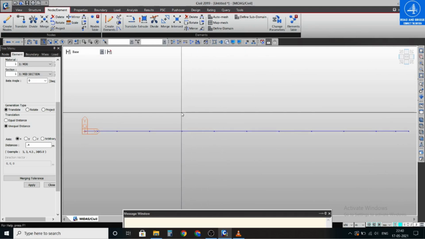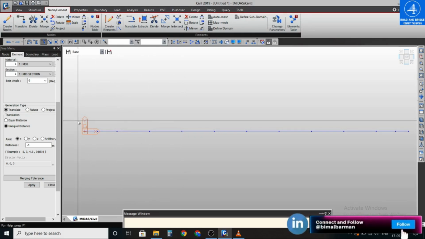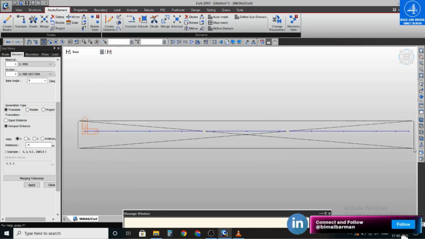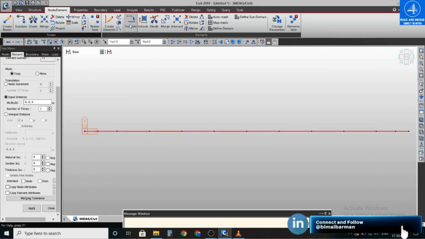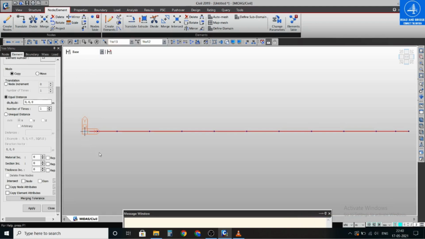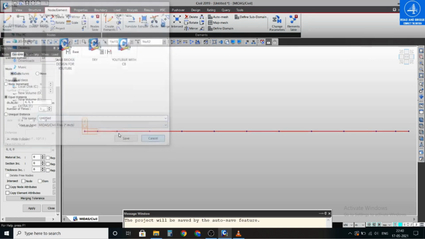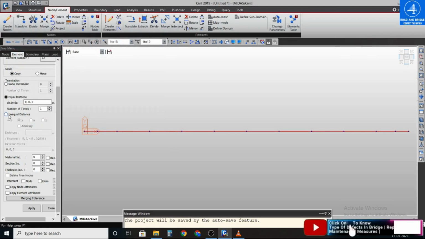This is the top view. And now I am going to translate this beam element along the y-axis. Select the beam element and translate it. Click on translate. I am going to translate in the y-axis in equal distance, or maybe you can use unequal distance.